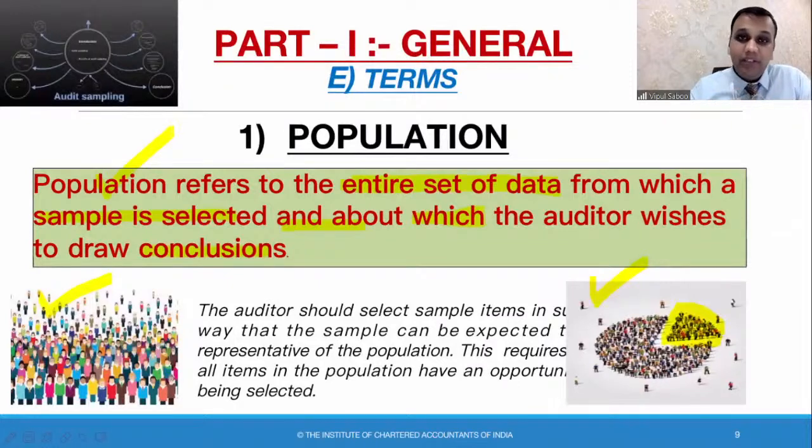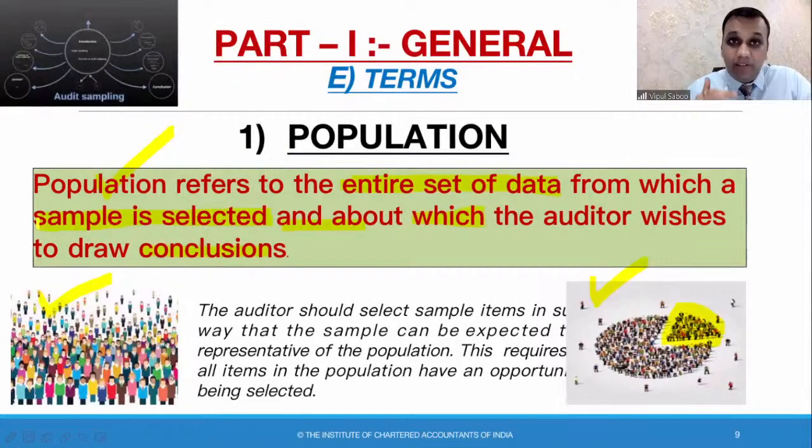So the auditor has been given a population, the entire set of data. The auditor has to audit that data and come out with the conclusion and frame his opinion. So the auditor says, I won't check the entire data. I'll select a sample, and this particular chapter is about that sampling only, to help the auditor: how he needs to design a sample, what plan he needs to make, what procedures he needs to apply on the sample, what would be his results, how does he need to evaluate his results, what would be the process, and how does he need to document and report the results of the samples.